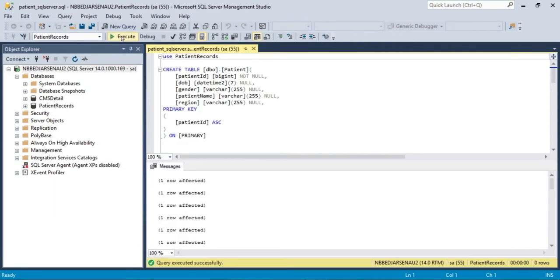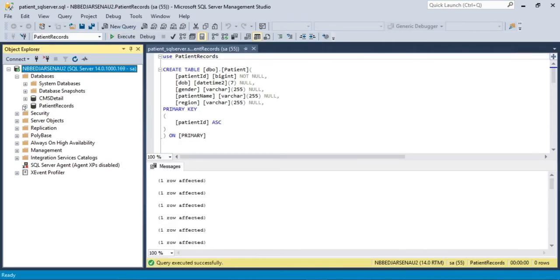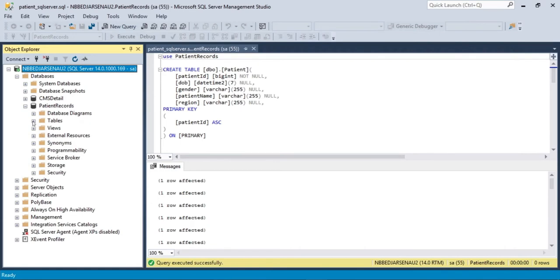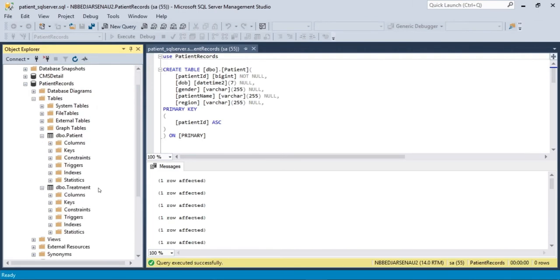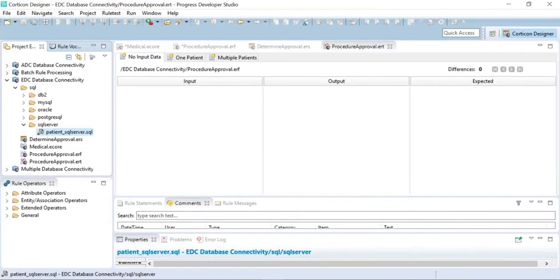And what this has done is it has populated my patient records database with the information for our use case. We've got the patient data and we've got the treatment data. Very small number of records were put into each of these. Again, this is for demonstration purposes. I'm now going to come back into